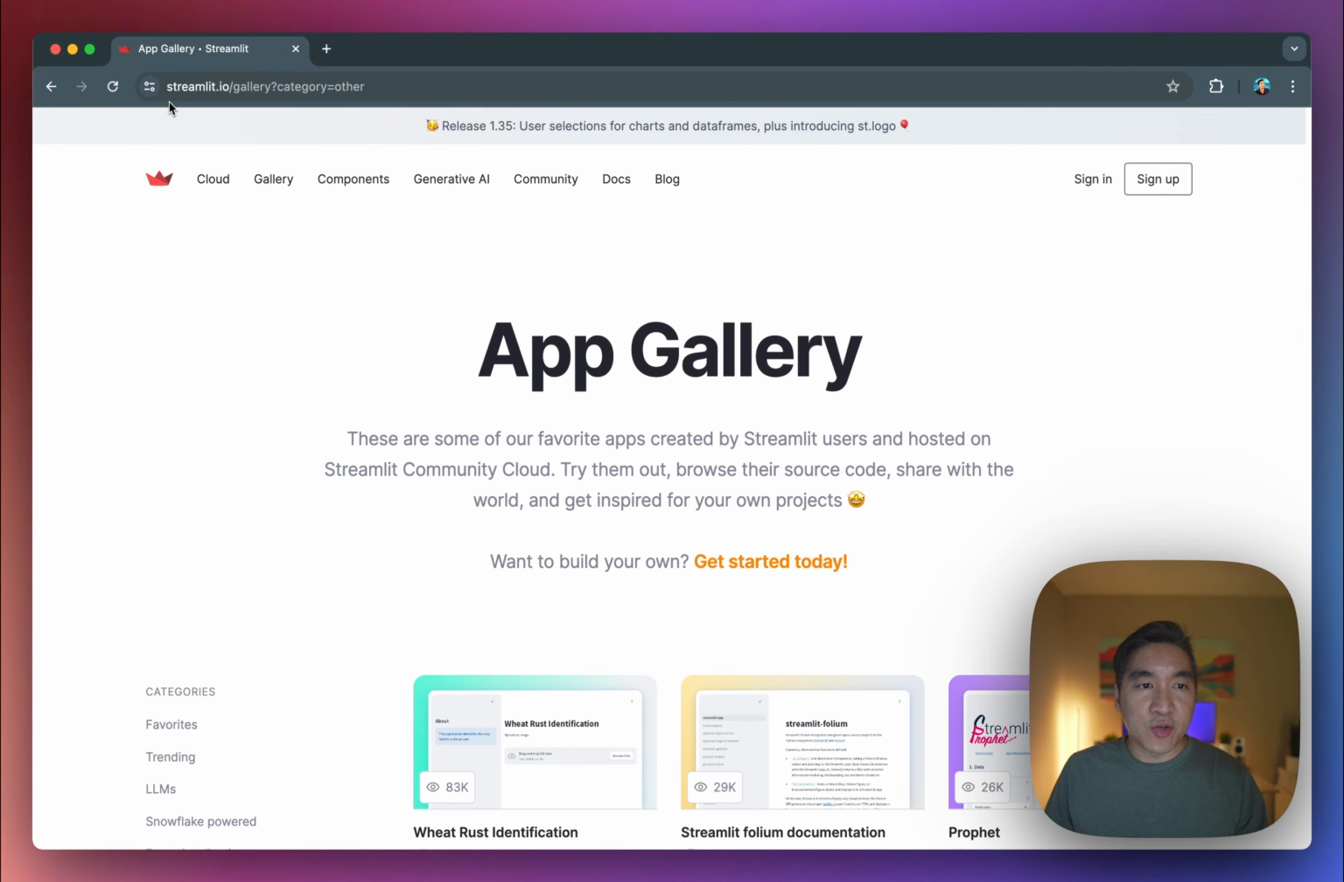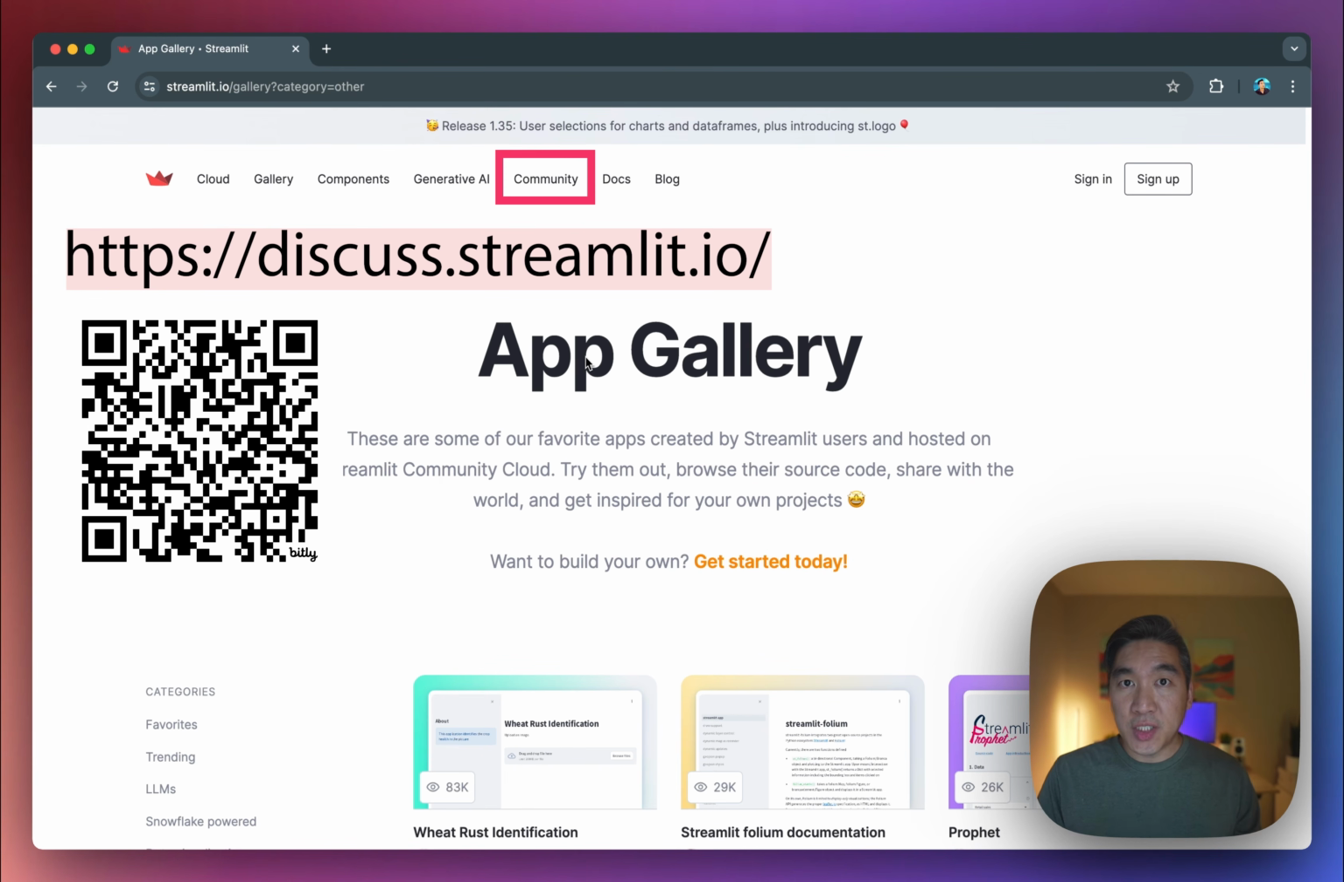So you could go to streamlit.io/gallery and get inspired from the community. And who knows, maybe your app will be featured in this gallery. And don't forget to go to the Streamlit forum to share your app creation. So head over to